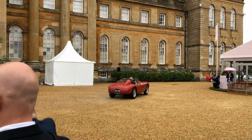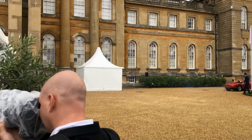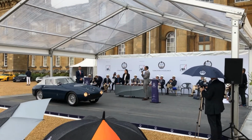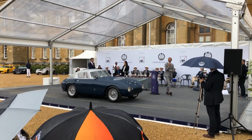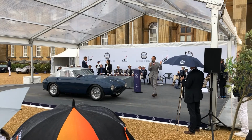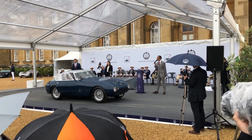You saw the 166 Touring Barchetta, one of my favorite cars. Well, here you've got a 166 MM, so same chassis as the Touring Barchetta, but this is a Pininfarina-bodied Berlinetta, so a closed car. And interestingly, as Harvey was telling me, the last